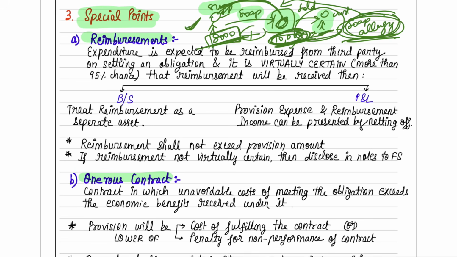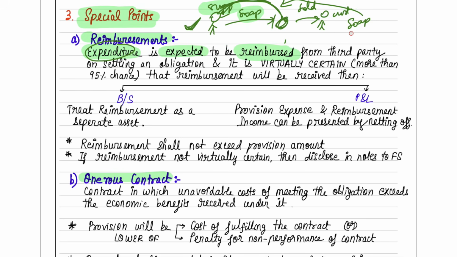Now the supplier can also agree to pay you 8,000 rupees. So from your hand 10,000 rupees is going, but in turn you're receiving 8,000 for it. So there is an expenditure that is going to happen because you have to give it to the customer, and the same expenditure is going to be reimbursed. So 10,000 rupees you will pay to the customer, but 8,000 rupees you are getting from the supplier, correct? So you are making an expenditure of 10,000, but 8,000 is being reimbursed.